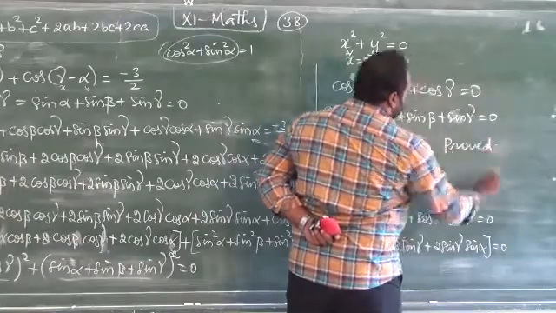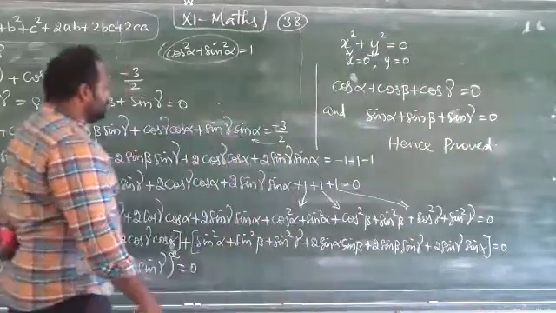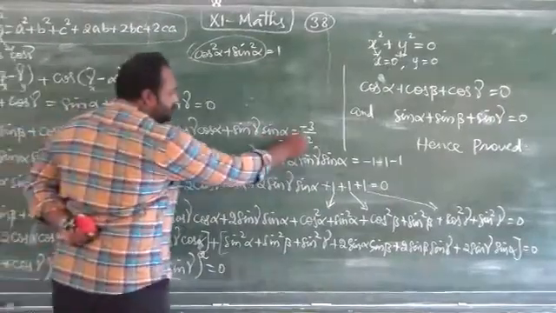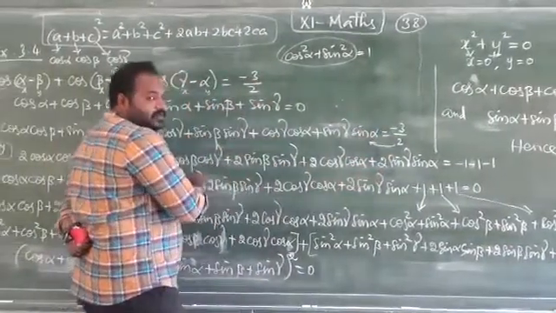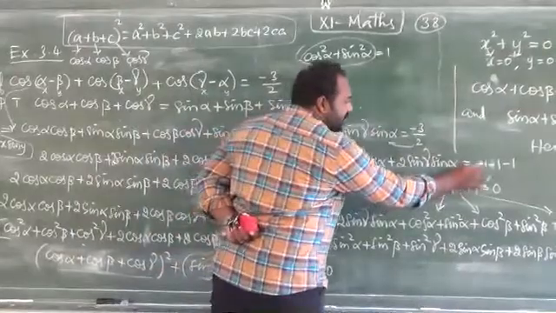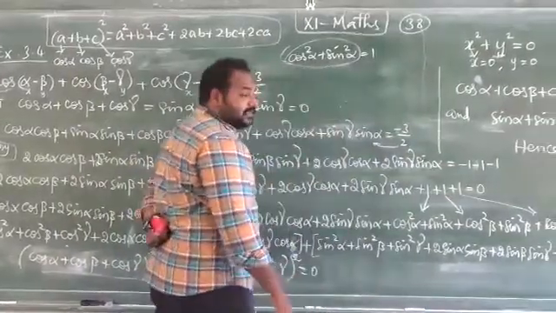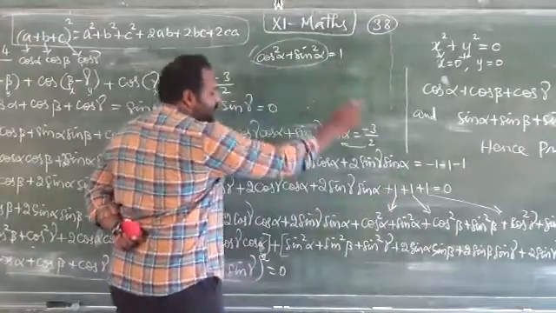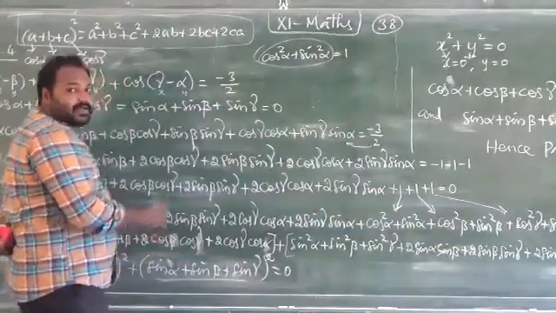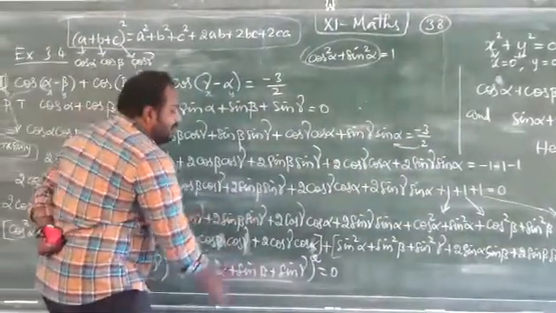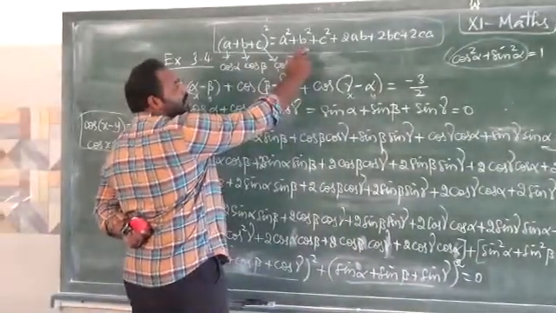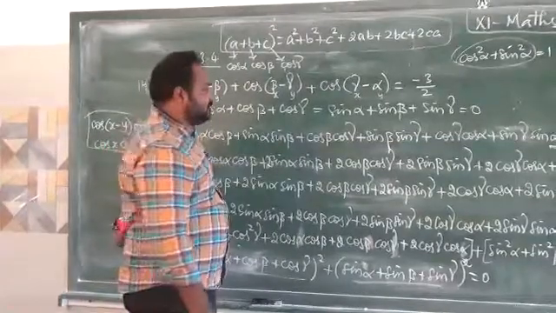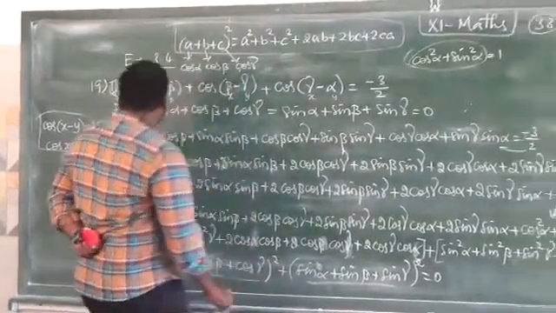So in this case, if you want to solve this problem, we have to remember that the 2 must be brought to this side and multiplied throughout the left hand side, and the 3 must be written as minus 1, minus 1, minus 1. Then we have to take it to this side, then apply this formula. Then we group sin separately, cos separately. Then we have to remember this algebraic formula. Then only we will get the answer. So by this, problem number 19 is over.